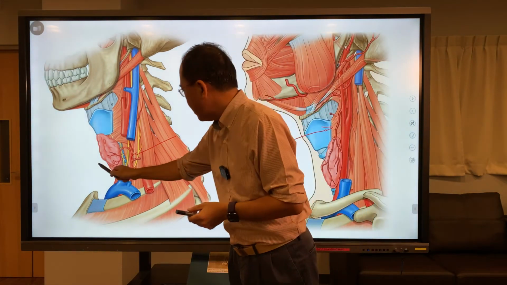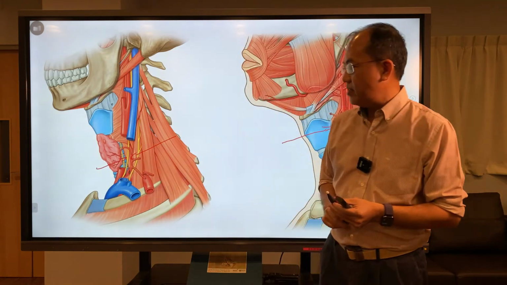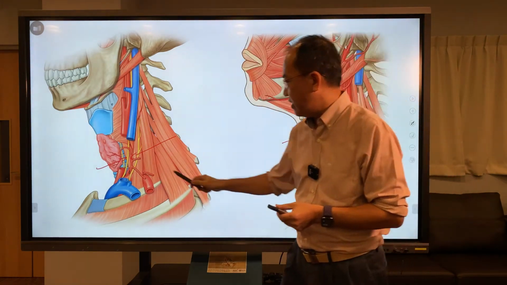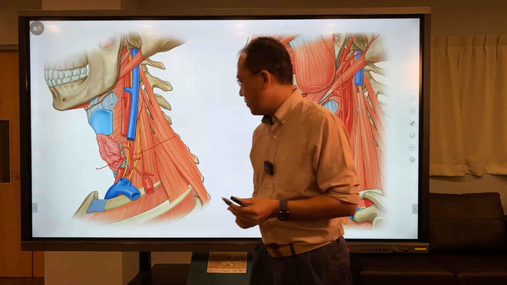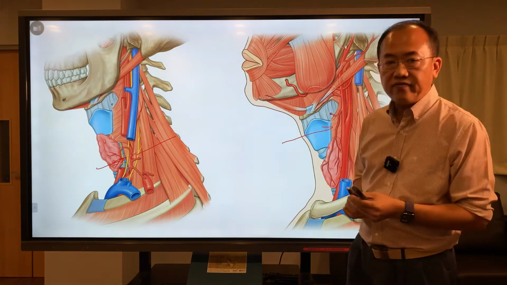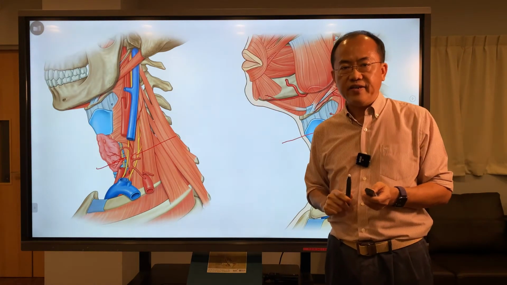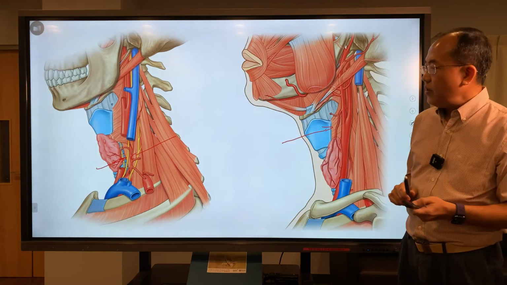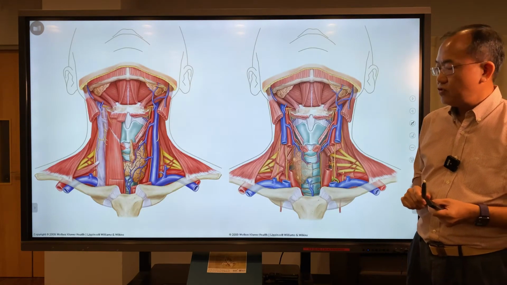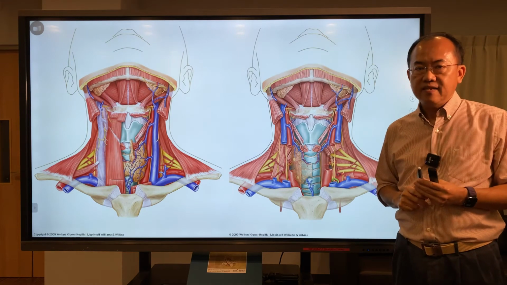And it is very close to the recurrent laryngeal nerve. This is the recurrent laryngeal nerve. And of course, the superior thyroid is very close to the external laryngeal nerve. So if we were to ask you to describe relations,